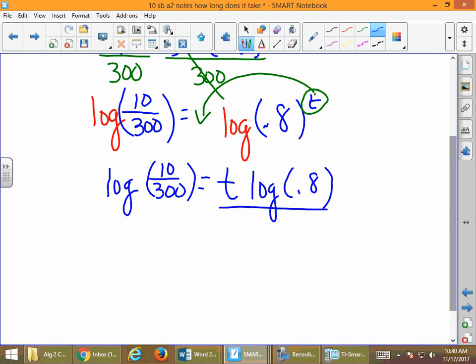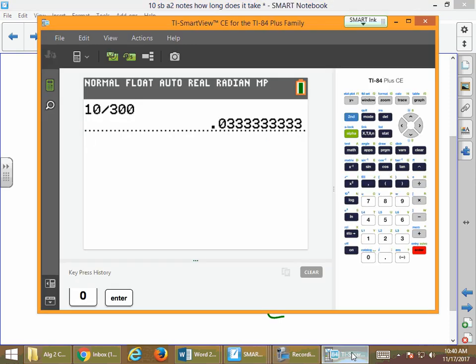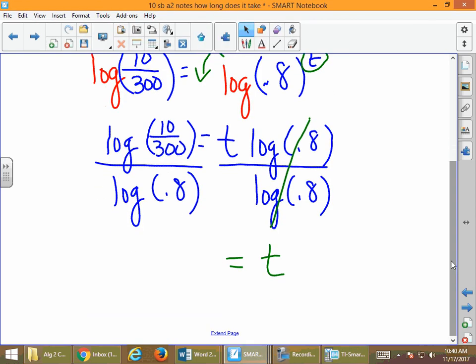Our inverse operation is to divide by log of 0.8. And that's where it's really critical to have the calculator here, because that cancels out. So we have log of 10 divided by 300, close the parentheses, divided by log of 0.8, close the parentheses, gives us our value here